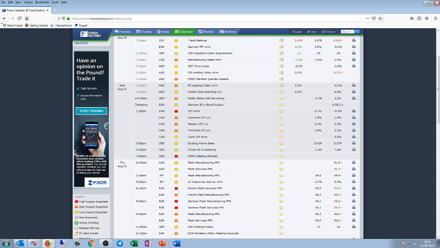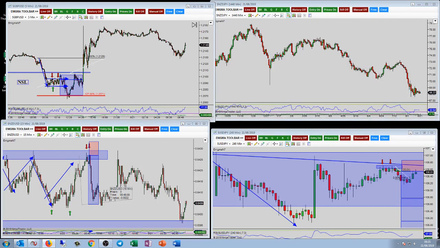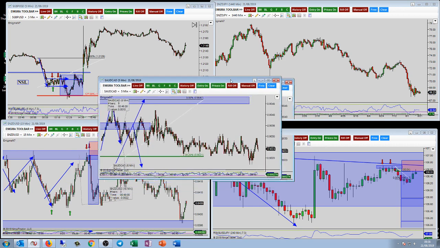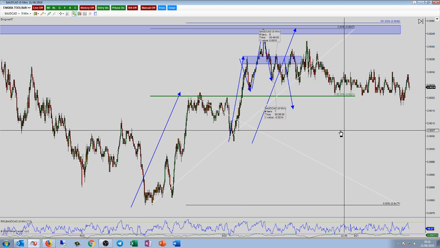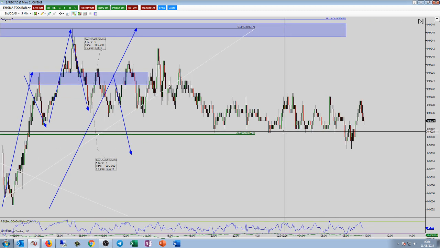So I'm going to move that out of the way. Not really too much on the news front for me. We will run through a few currency pairs. If you do have anything you would like me to take a look at, or you have any trade setups, please let me know. Other than that, we'll start off on the Aussie Dollar CAD. Again, I think there's only really 3 or 4 currency pairs to go through, guys, so this is going to be a very quick webinar. If there's anything else you want to talk about or look at, quite happy to do that.